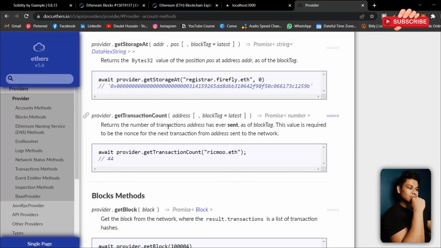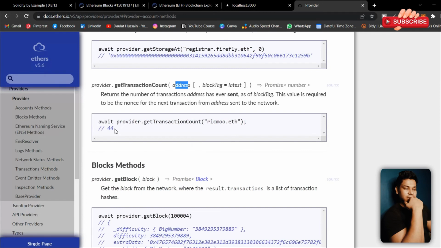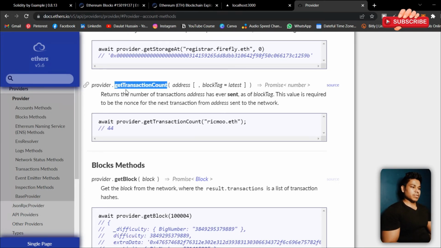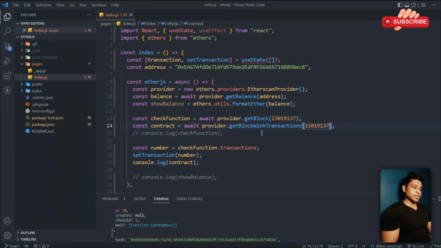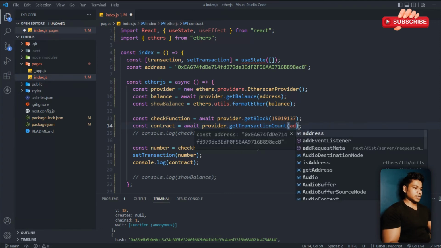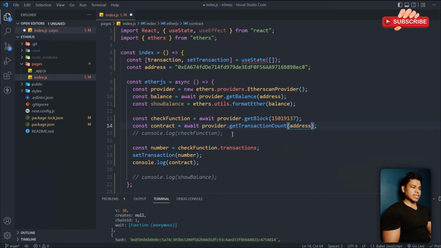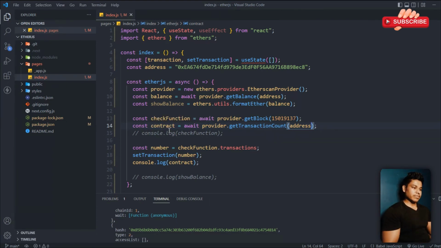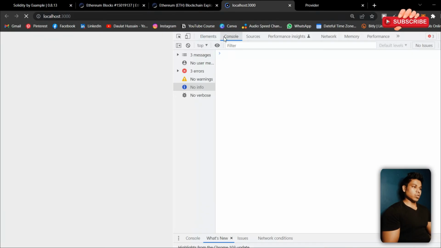If you call this get transaction count, all you have to do is provide this address, and this is the number you will get. So instead of explaining, let me show you how it works. Let's come back to my code editor. I can simply refresh this, and here I'm going to pass the address. This will simply return the transaction number which has happened in this account. If I save it and go to my localhost 3000,